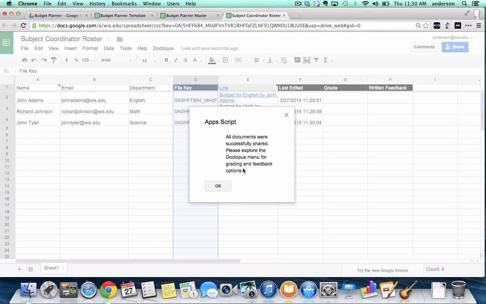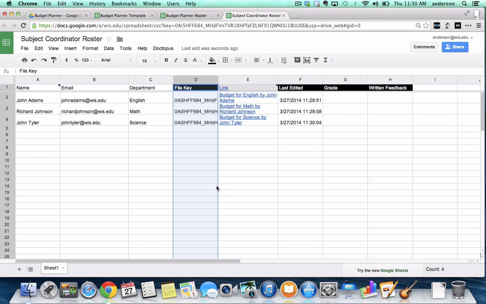And please explore the Doctopus menu for grading and feedback options. As you can see, the script was really intended for teachers and students, but I'm repurposing it for managing a budget. So administrators can make use of this script as well. So let's see what happens. These are the template documents, links to them anyway. And it's added some columns and categories to my spreadsheet, which is kind of nice. The file key. We're going to need this when it comes time to aggregate all of the spreadsheet data